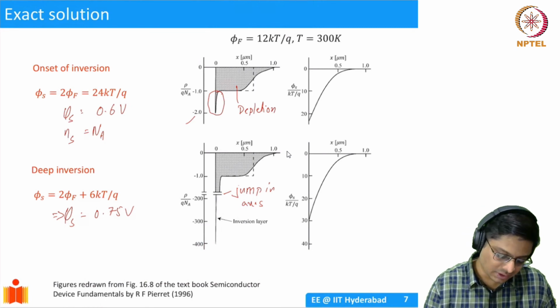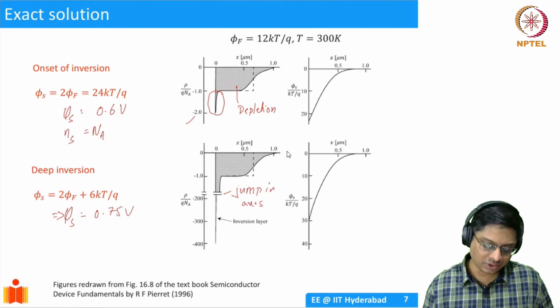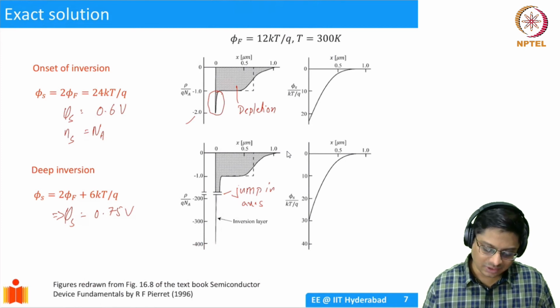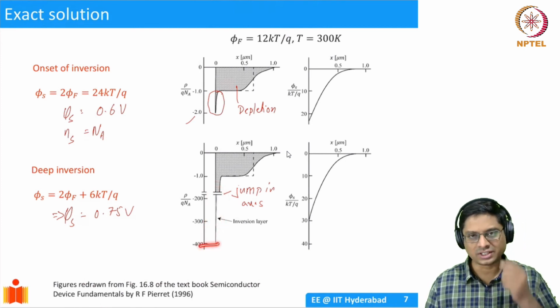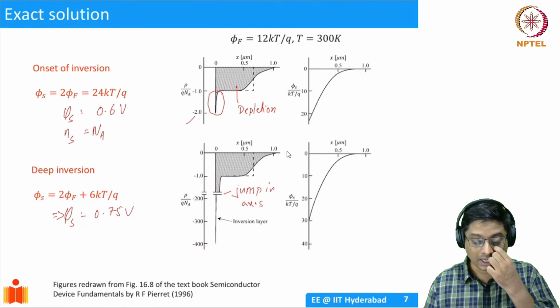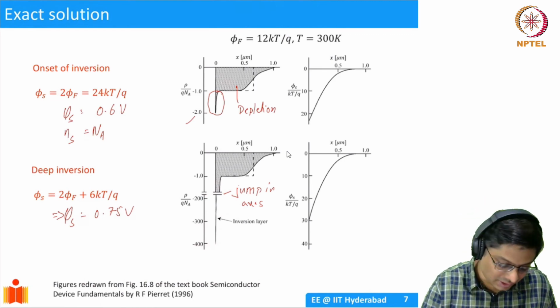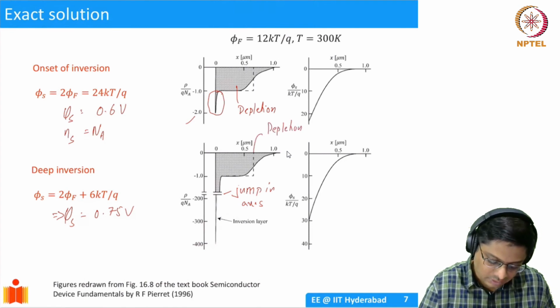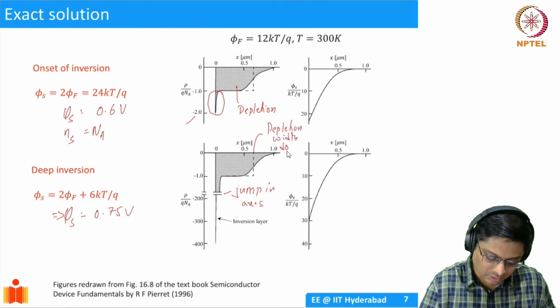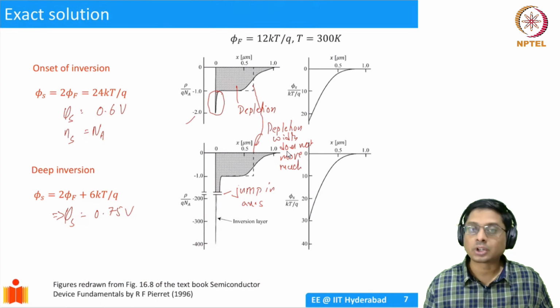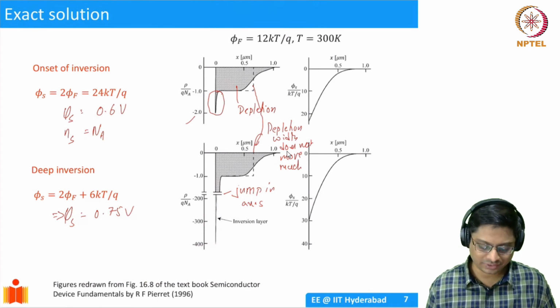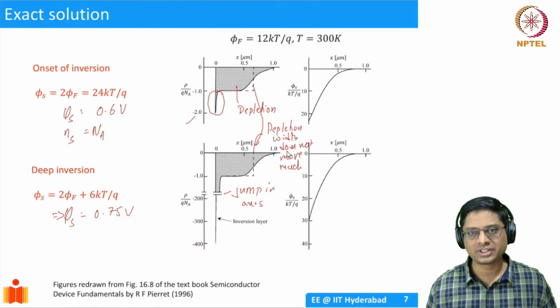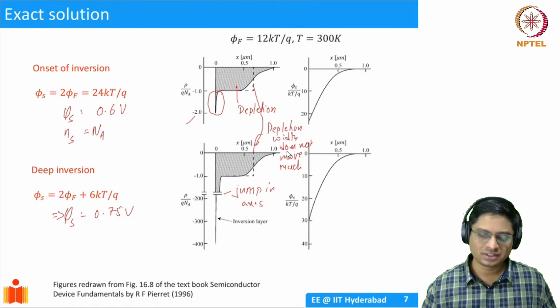Okay. So what you see is, if you go into deep depletion, or you go into inversion, if you increase your potential, there's going to be a huge inversion charge that appears at the interface. Okay. And the depletion width does not change so much. You see here, the depletion width does not move much. When you compare this to this, there's not much of change in the depletion width. That is very, very important for us. Once you reach inversion, we say that the depletion width doesn't change.